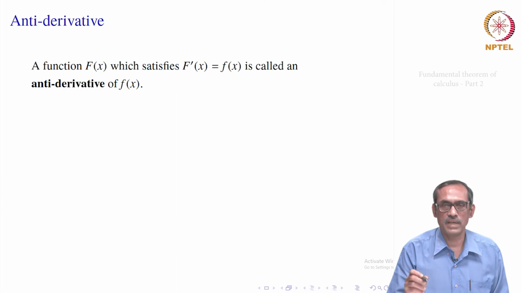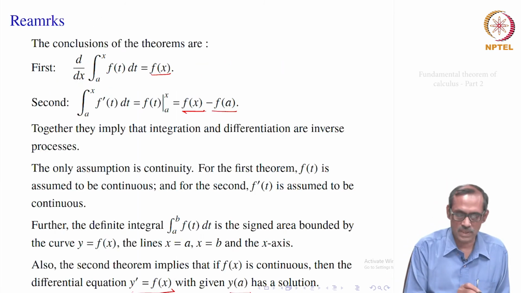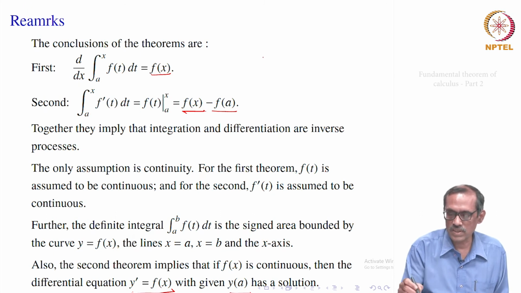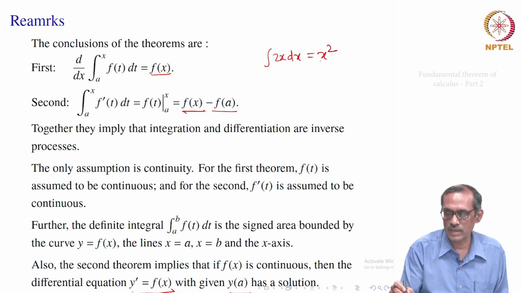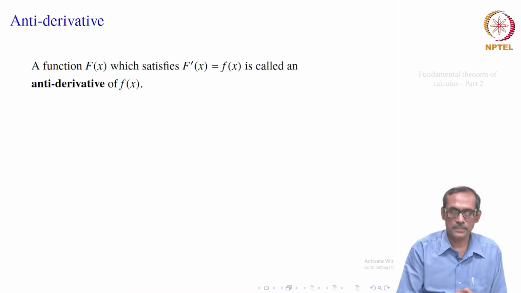So, we will introduce something new here, because always we have this f(x) minus f(a), this a is there. So, this does not say that you have the integral of 2x is equal to x square. We know that if you differentiate x square, you get 2x. If it is the reverse process, you should get the integral of 2x dx equal to x square, but we know that it can differ by a constant. So, it should be something like this. This is what we want to formalize now.